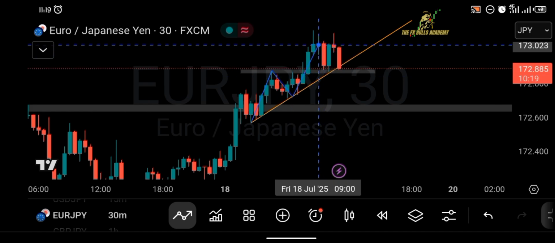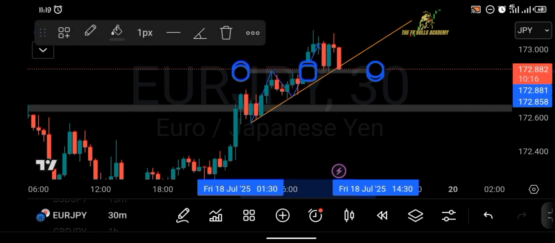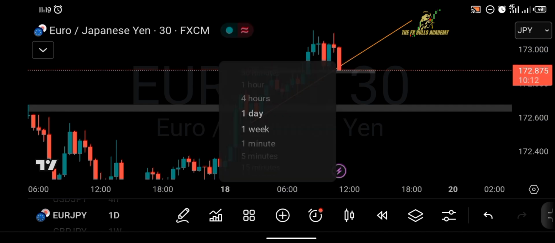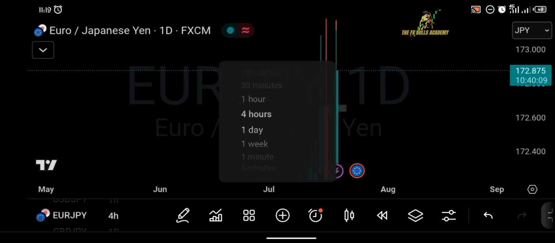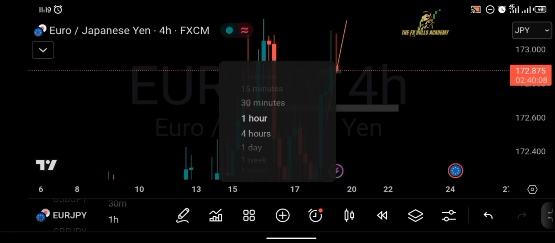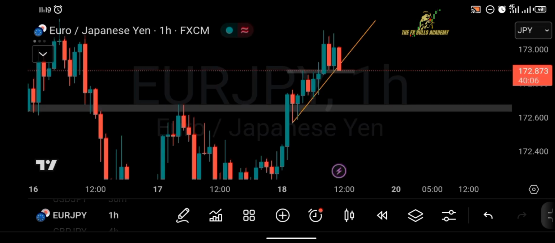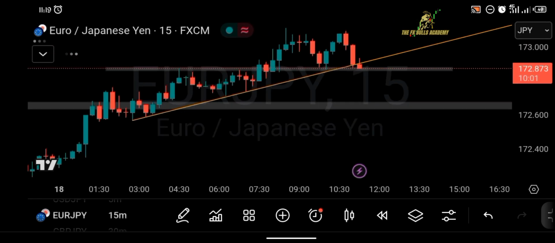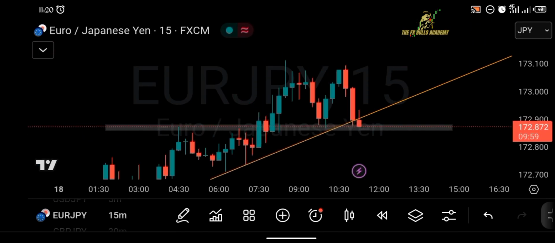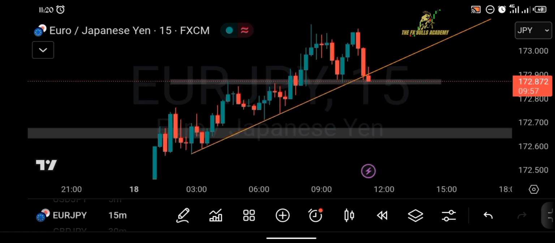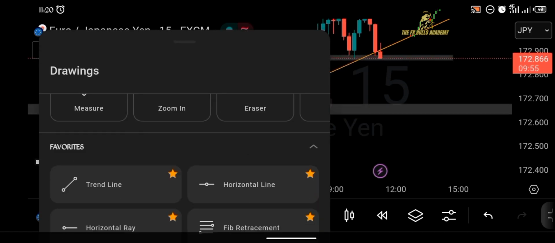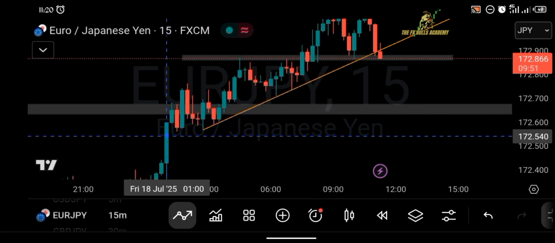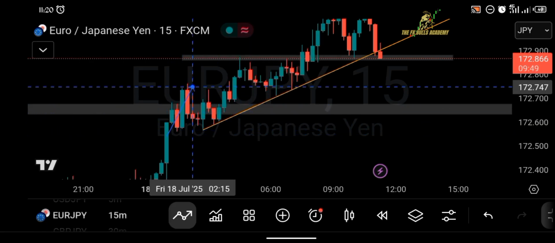No, sorry guys, let me explain. I want to explain this for you guys very well. I want you guys to understand this trade very well. Let me go to the lower time frame. Sorry, I'm coming. So as you can see, price was pushing up, it gave us a higher